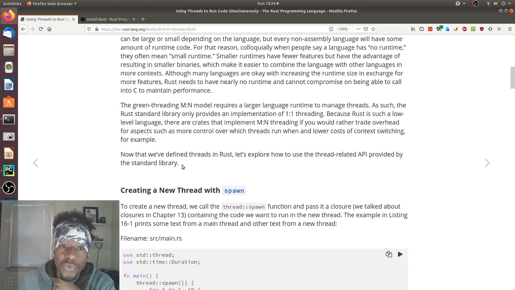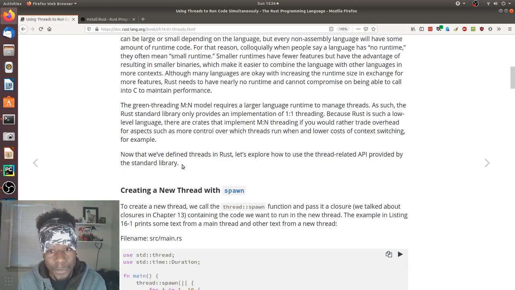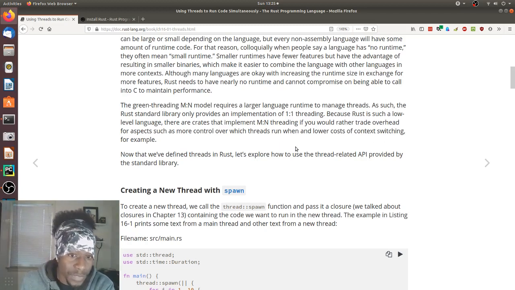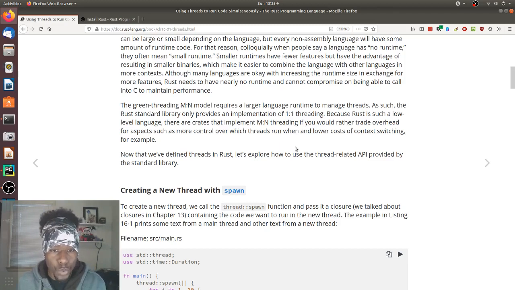The green threading M-to-N model requires a larger language runtime to manage threads. As such, the Rust standard library only provides an implementation of one-to-one threading. Because Rust is such a low-level language, there are crates that implement M-to-N threading if you would rather trade overhead for aspects such as more control over which threads run when and lower cost of context switching, for example.